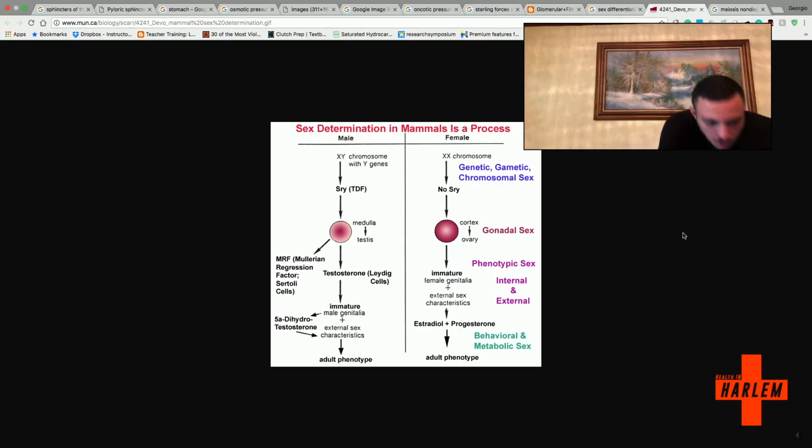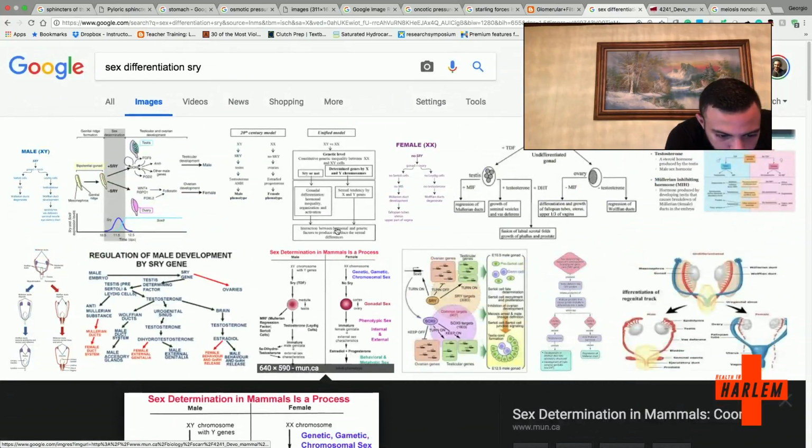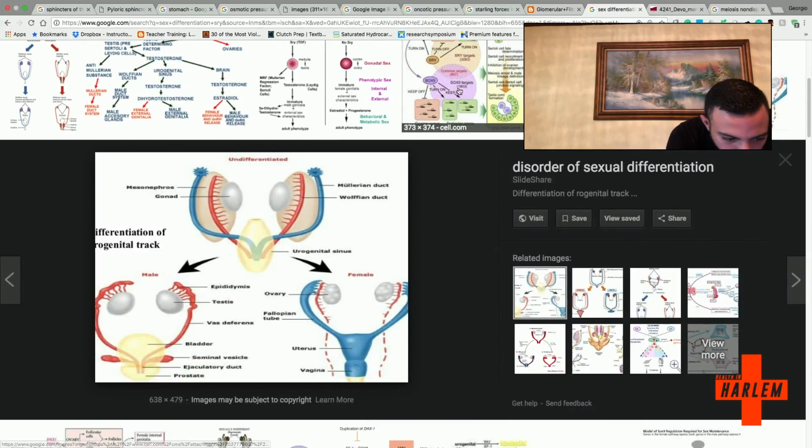Okay, so now that we have this happening, on the Y chromosome itself, you have this gene that's called the SRY, which is your sex determining